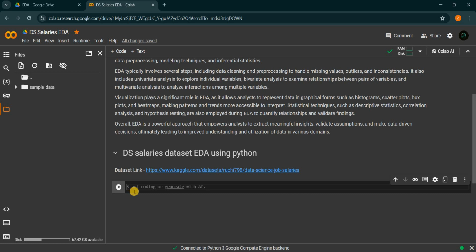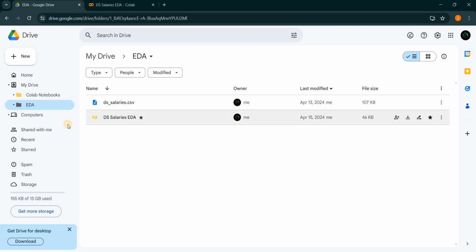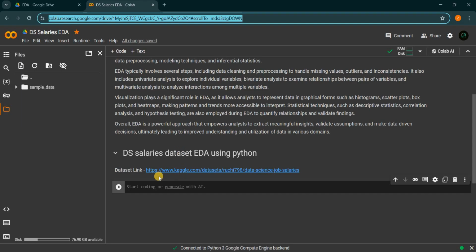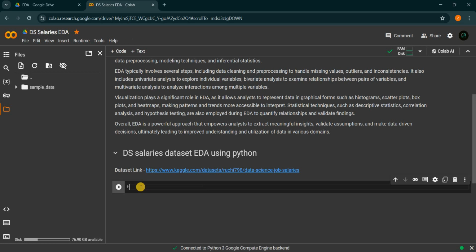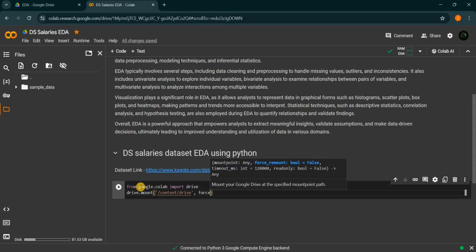Now we need to import the dataset. So before importing we need to connect the Google Drive with the Colab. So here I have uploaded the data to the Google Drive. It is in my drive and EDA folder. We need to connect this Google Drive with the Google Colab notebook. So for this we need to import the library drive. So from google.colab import drive, then we need to mount the notebook, drive.mount, content. This is the path that we need to give, and then we need to pass one more parameter,